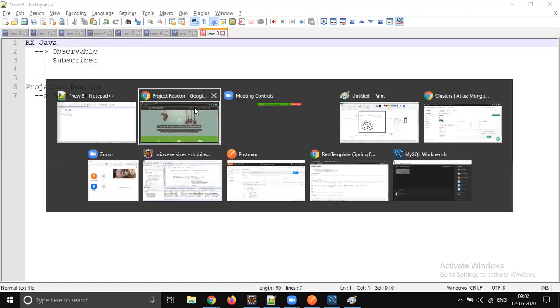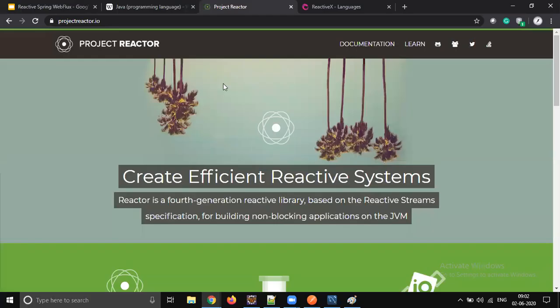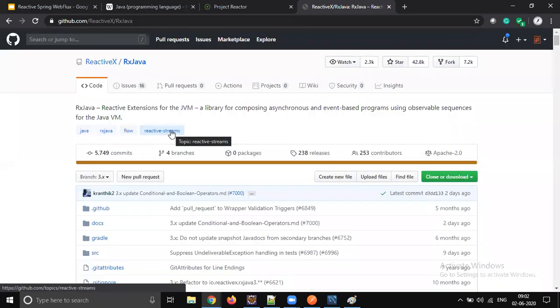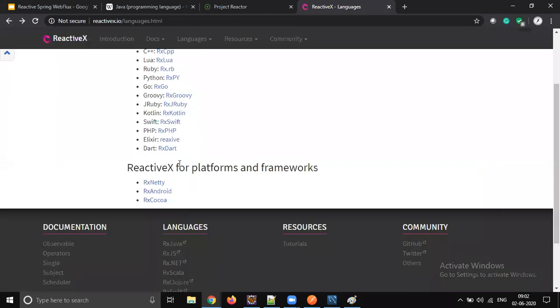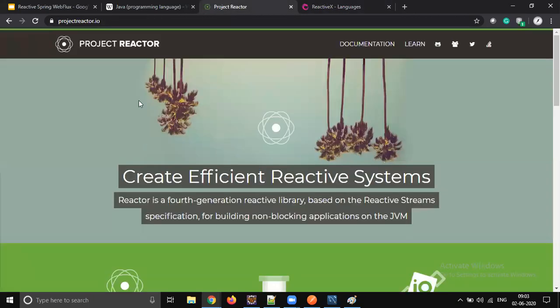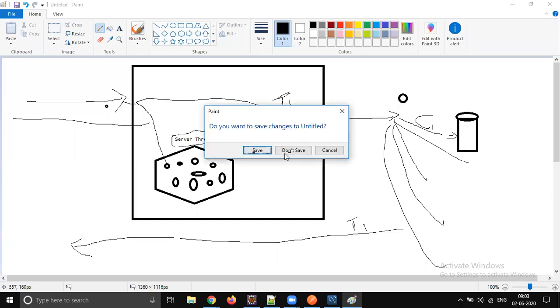When you go and search in Google for reactive programming in Java, most of the tutorials write code for RxJava, with Observable and Subscription, but that won't work in Spring. Any example you open, you see Observable and Subscriber, but that is not the scenario. Project Reactor has a different class structure. So at a high level it looks something like this.